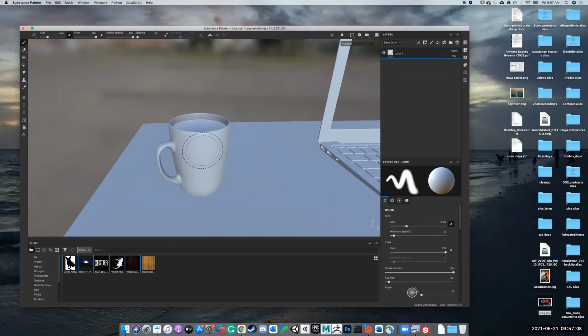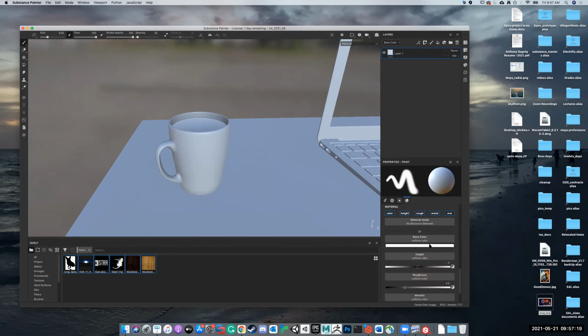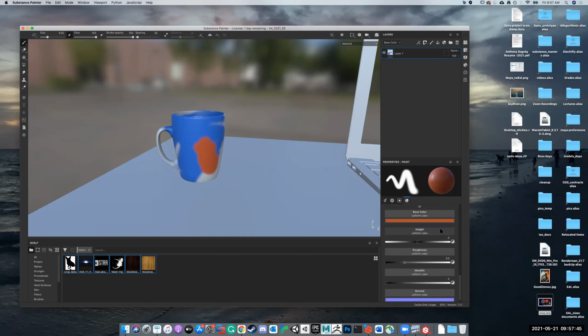And now, if I want to paint, normally I would just grab the old paintbrush and be like, all right, I want to use some blue. And I paint blue on, and I'd be like, all right, I got to paint the whole thing. But then if I want to paint red, I go to red, and it's like, all right, well, that's orange, but whatever. And I have to paint all the way over. Now, the problem with this that I don't like is even if I can control my roughness and height here and stuff here,